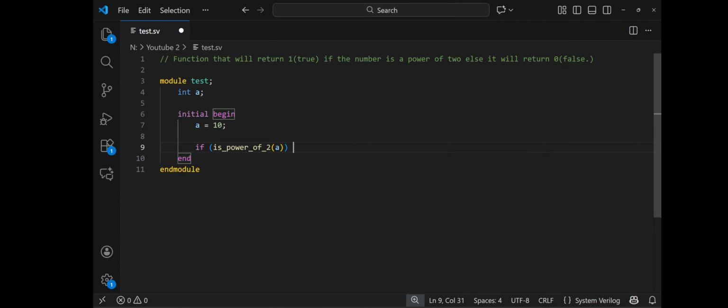So if it is a power of 2, then it should display the number, and here we will just say whatever the number is, the number is a power of 2,